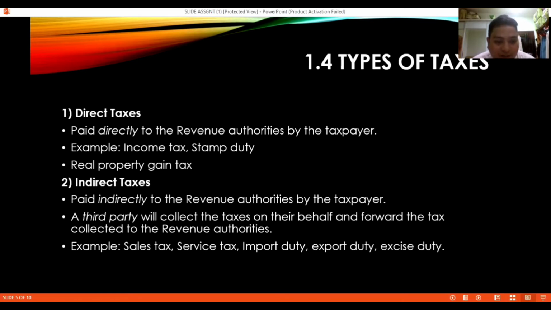Secondly, indirect tax. Indirect tax is paid indirectly to the revenue authorities by the taxpayer. For example, a third party will collect the tax on their behalf and forward the tax collected to the revenue authorities. Examples are sales tax, service tax, import duty, export duty, and